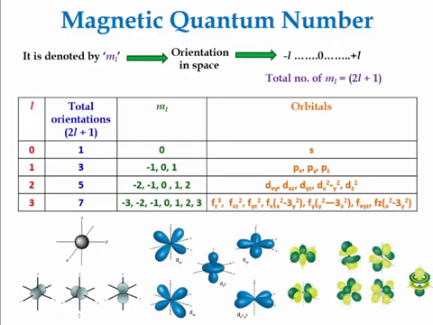In the same way, when the value of L is 3, total orientations are 7, that is from -3 to +3. Hence there are total 7 f orbitals. Now as we have understood that when the value of n is 4, the value of L is 3, and hence there are total 7 orientations, that is ml values from -3 to +3, we know that the electron is in the 4th shell, it is in the f orbital, and according to ml values it is placed into the particular f orbital. Now if there are two electrons which have same n value, L value and ml values, still they will have the 4th set, that is the spin quantum number, different.